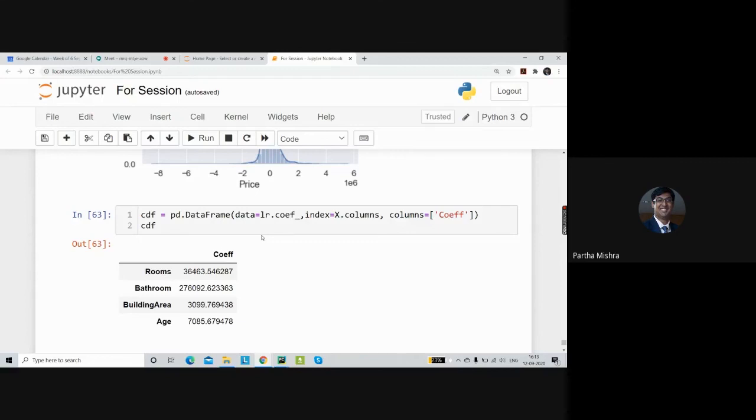If I'm only changing the value of rooms by 1 unit, previously if it was 5, let's say I'm choosing 6, so delta x is 1 in this case. By changing the room size by 1, the price is going to increase by 36,463. Is this clear? Yeah, got it. Thank you.